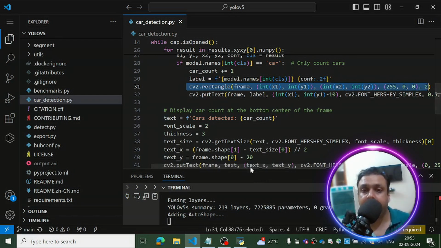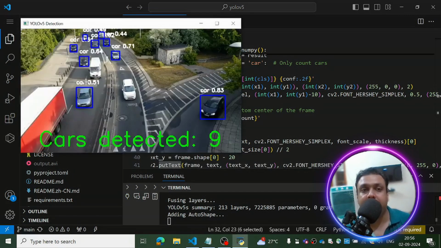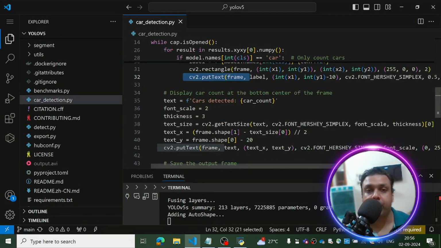Fine, then we have this code. This is what is putting the label on those rectangular boxes, put text. So this text which you're seeing on the top of each of these rectangular boxes is coming from this code.